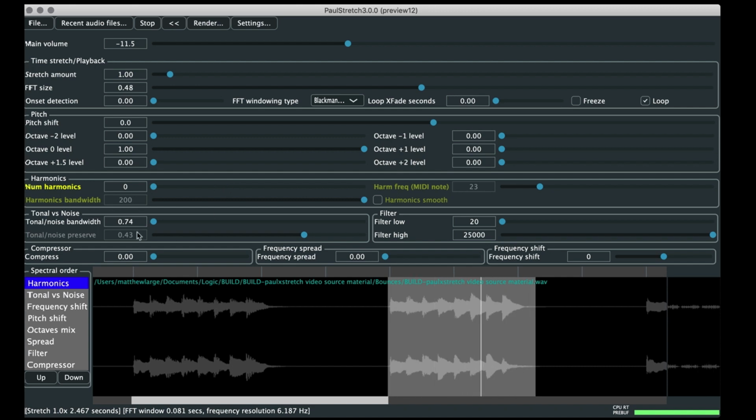Right. This next bit is the tonal versus noise battle, and obviously it's not a battle. What it is, the FFT algorithm has some sense of stable content and unstable content, and what it calls unstable is what we call noise, and what it calls stable is what we call tonal. So at the moment it's off, it's not doing any kind of switching, but if we set it to maximum,